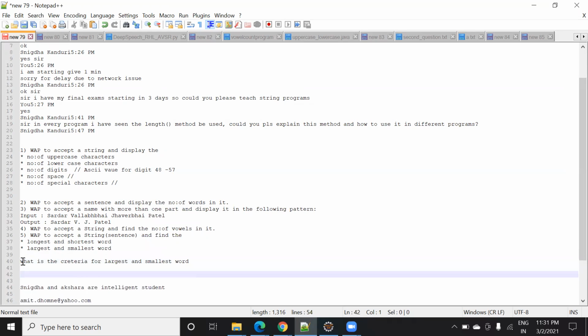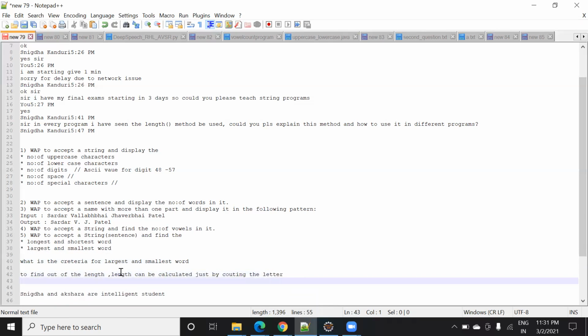The criteria is to find the length, and length can be calculated just by counting the letters.